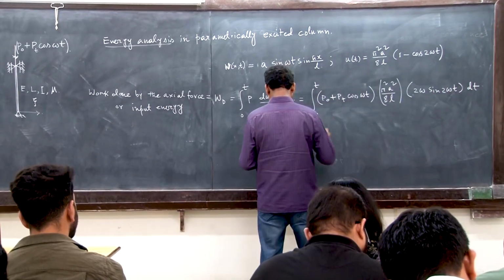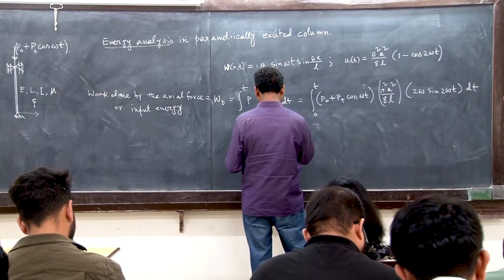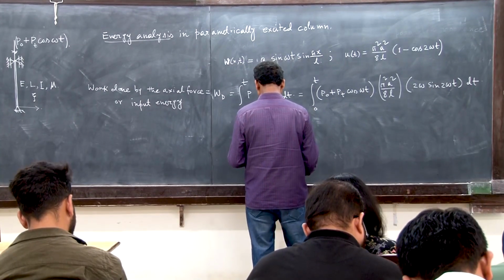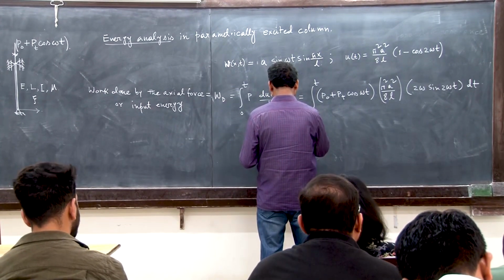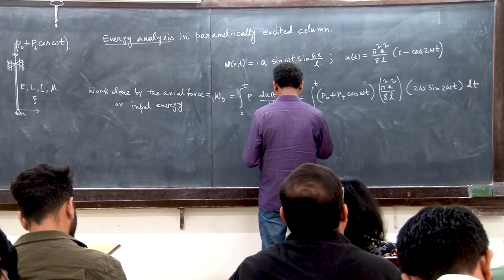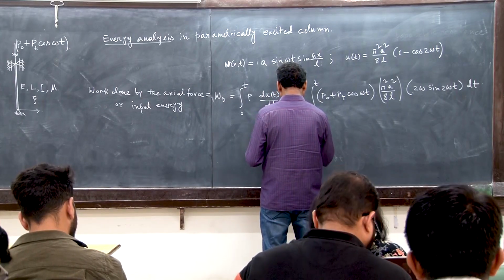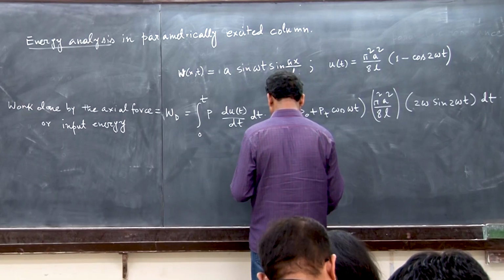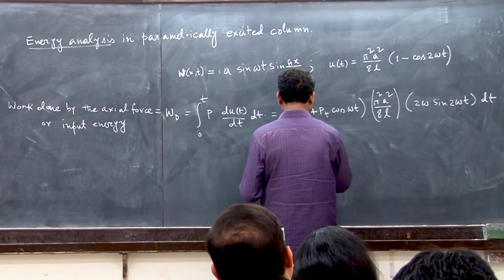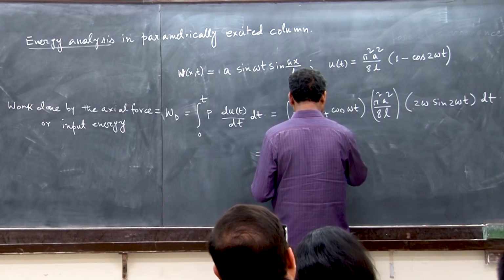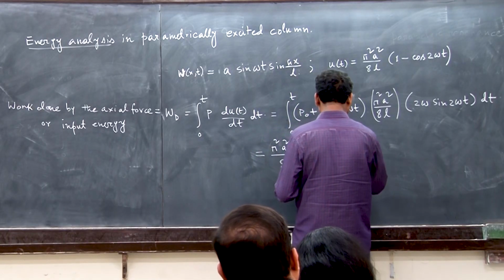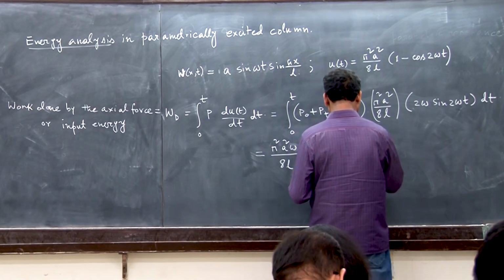If you integrate it and simplify this expression, you will see pi square a square omega by 8L, and then Pt integration from 0 to T of cosine of 2